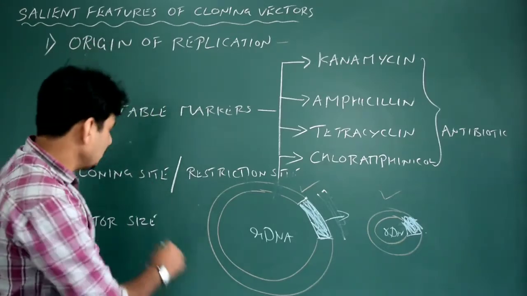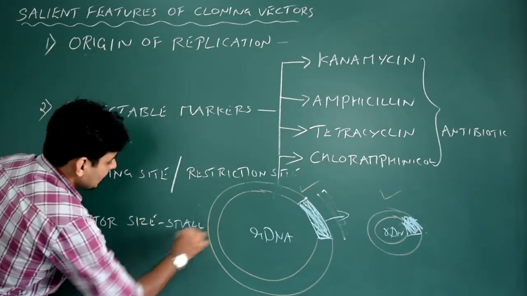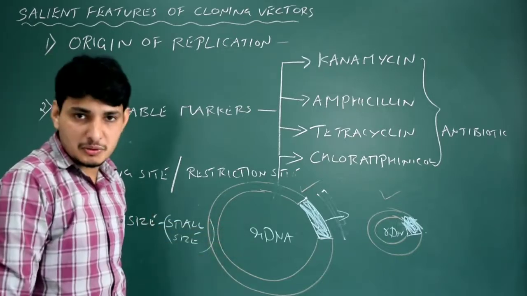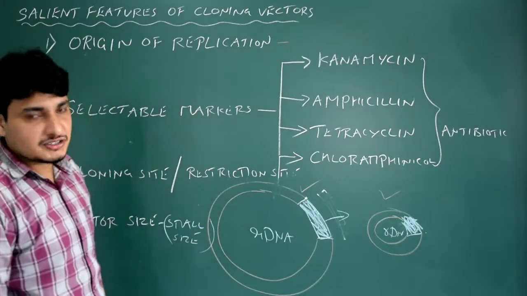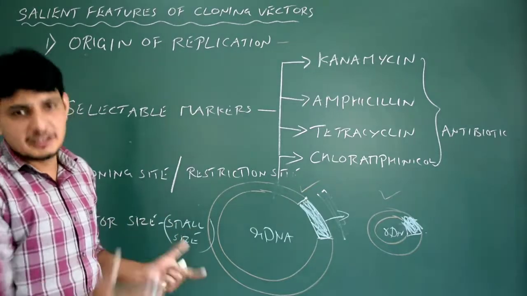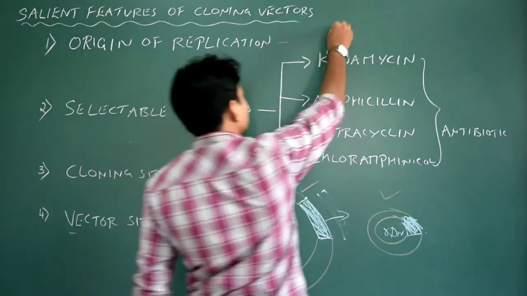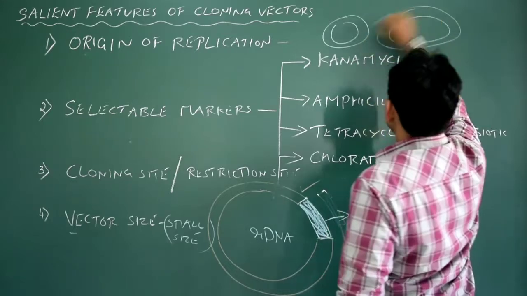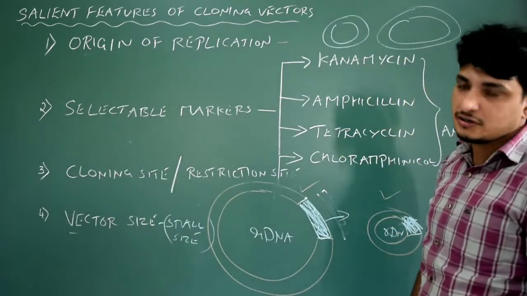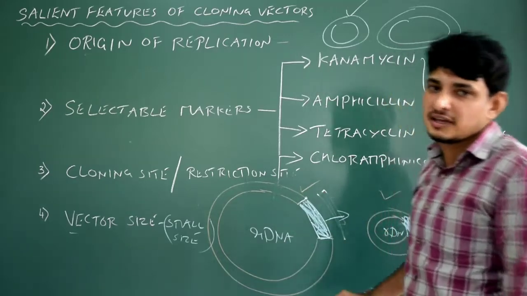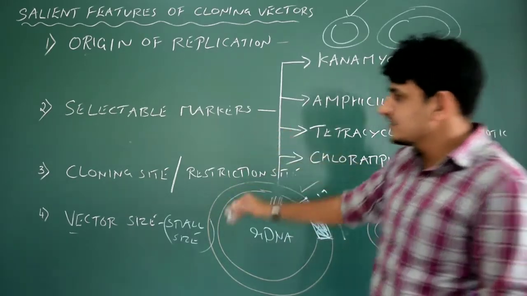So we prefer a small-sized cloning vector. This is an important property. Not all cloning vectors have a specific size. It varies. For example, if you take a plasmid, some plasmids are tiny, some plasmids taken from another type of bacteria could be large. So this is the thing. I prefer the smaller one because there is less chance of breakage in the host organism. So this is the thing now.